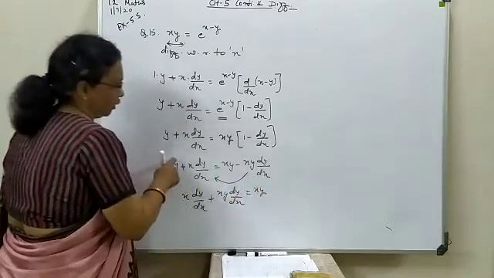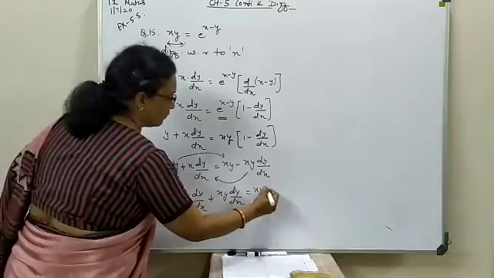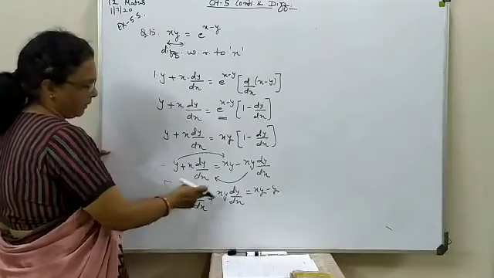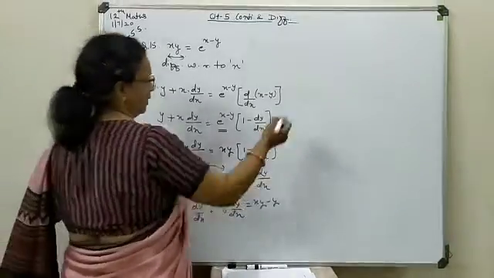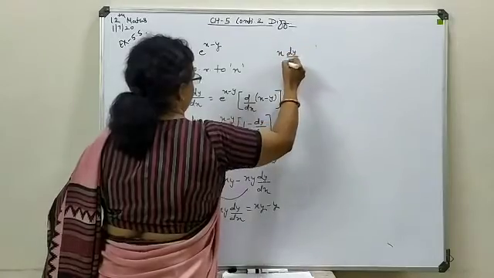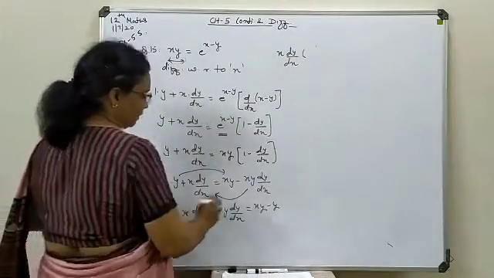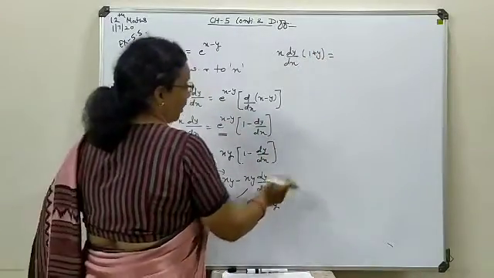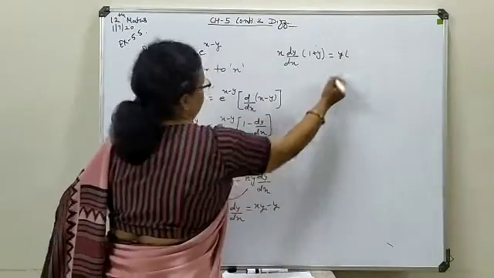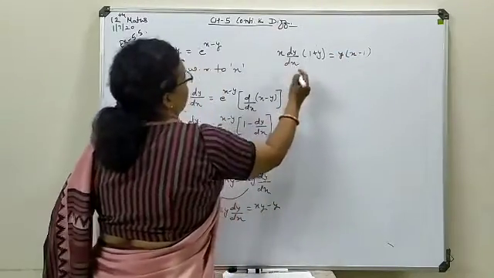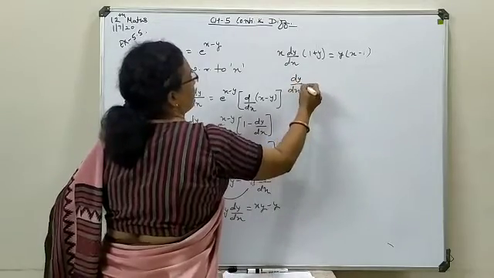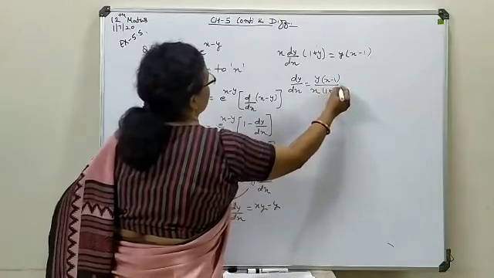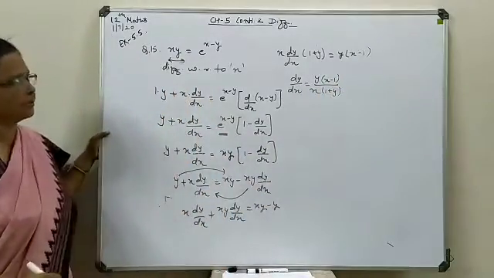So it is x dy by dx plus xy dy by dx, equals xy, and now y you shift over there, minus y. Here you can take dy by dx common and even x also. So here x dy by dx we are going to take common, remaining is 1 plus y. Secondly, here y you can take common, so you are left with x minus 1. Make separation of dy by dx over here. So it will be y times (x minus 1) upon x times (1 plus y). So this way you can reduce the answer form.